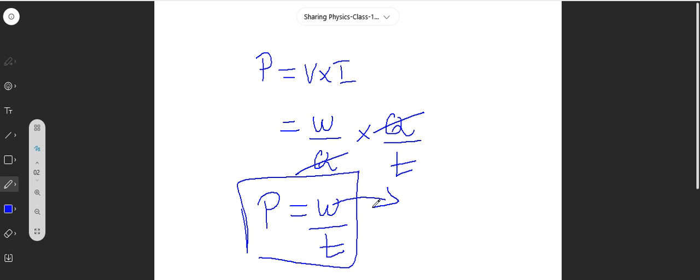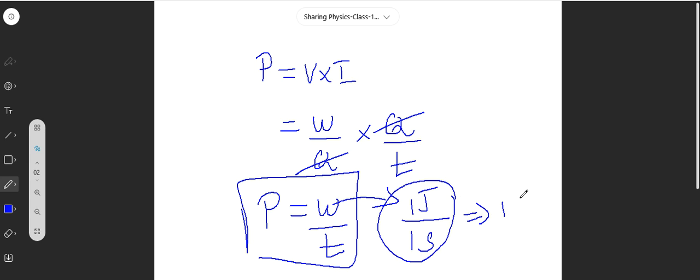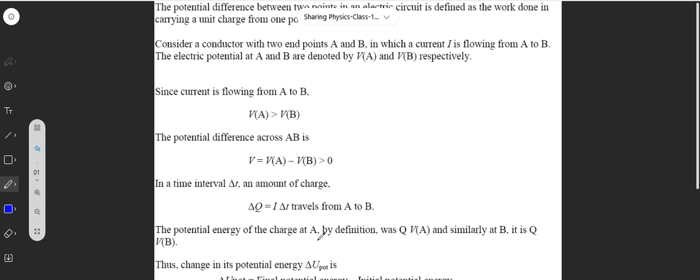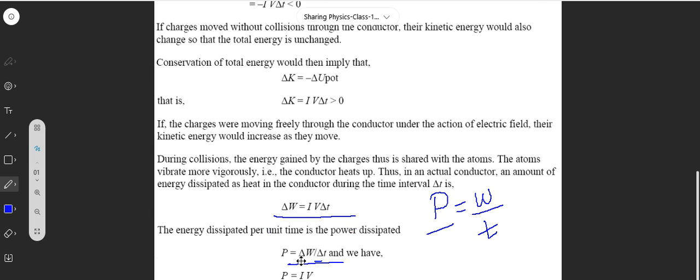Yes, and if the work done is 1 joule, and that's been done within 1 second, what is the work done within 1 second is going to be 1 joule, then that's called 1 watt. Obviously, it has been named after the scientist who found it. Right? Could you get that? That's why we are writing the formula for the power like this, that is P is equal to I into V. Did you get this? Clear?